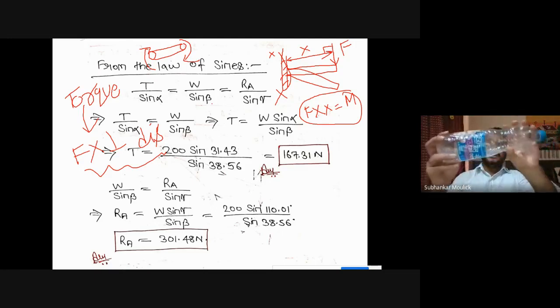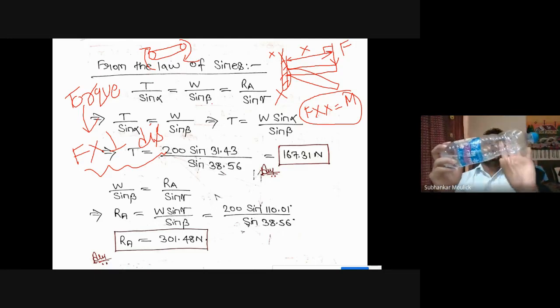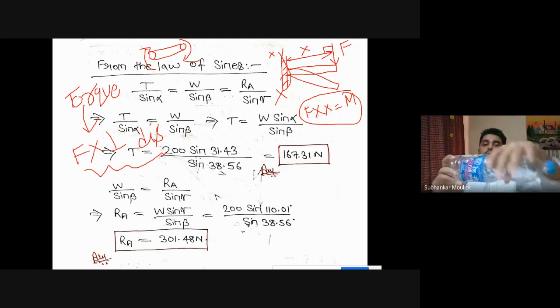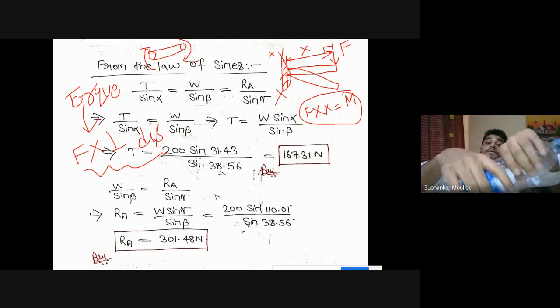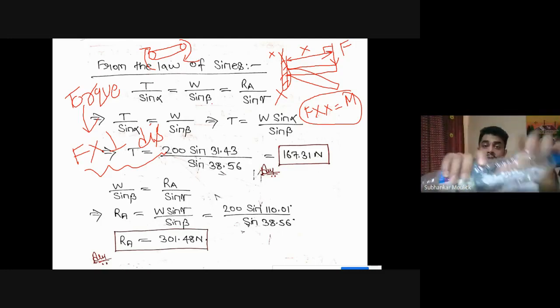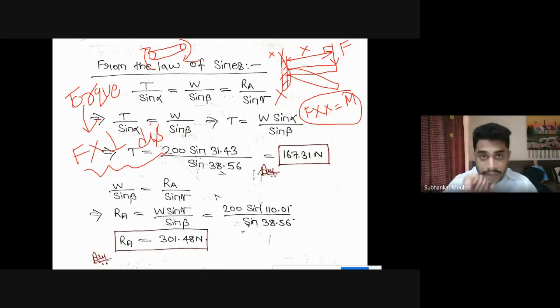Say you want to see what is the twist in this body, then at this end you apply a clockwise torque, and at this end you apply an anti-clockwise torque. So what will happen? The body will fail due to twist. For example, the best example is when you are accelerating up and down your bike. That is an example of twist.